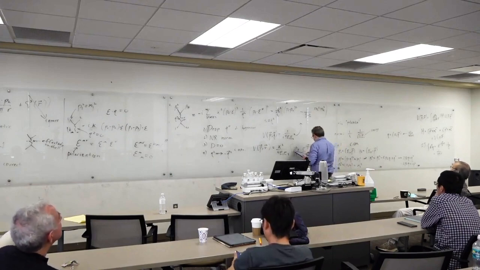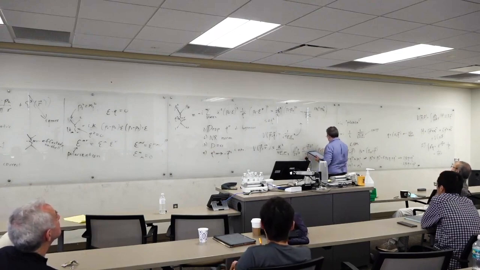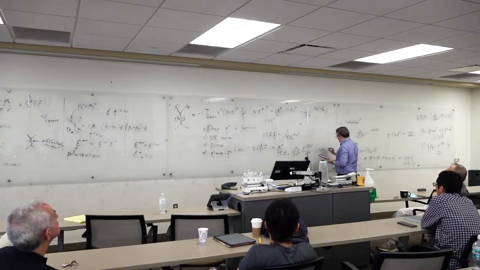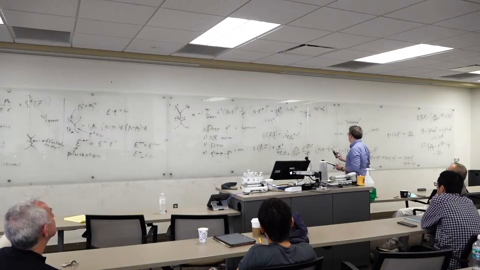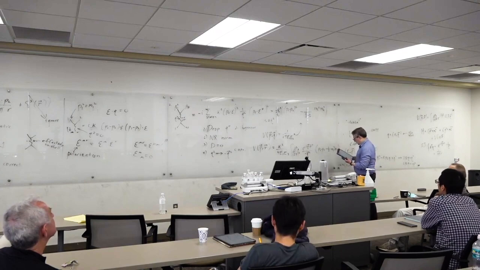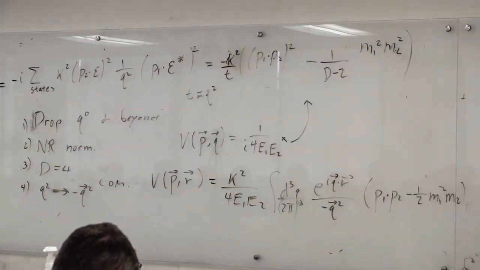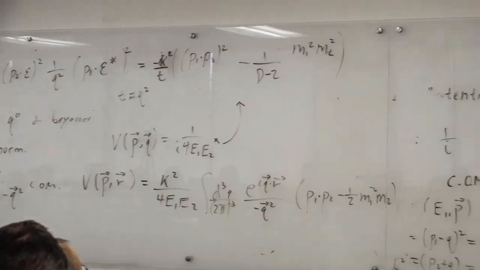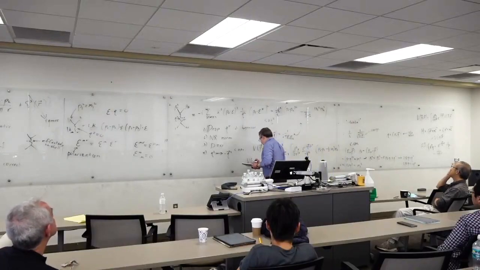Divided by minus q square, P1 dot P2 minus a half M1 square M2 square. Okay. And that Fourier transform is the same one. It's the same Fourier transform, of course. So there you have it. V of P and R